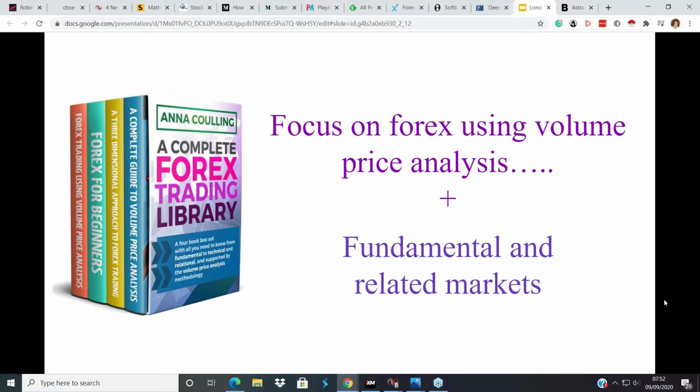And to that, we also have to bring in what's happening on the fundamental news and what's happening in related markets, because, as many of you know, a lot of the individual currencies and some currency pairs have a very close relationship to what is happening in other markets. For example, the Aussie yen is seen as a proxy for risk. So when market sentiment is not very good, the Aussie yen and the New Zealand yen will fall, and vice versa. And it's these relationships between individual currencies and currency pairs that, once you begin to understand them,